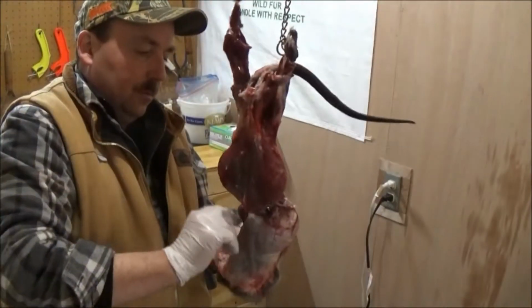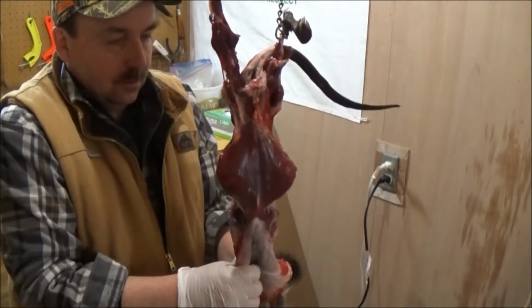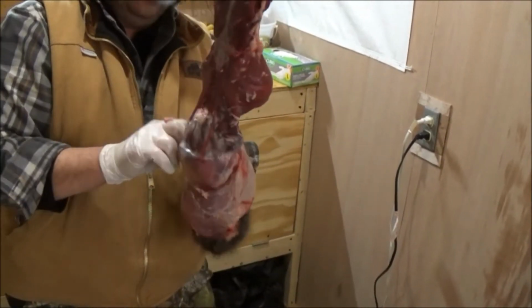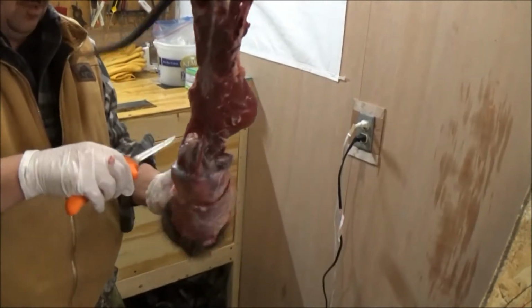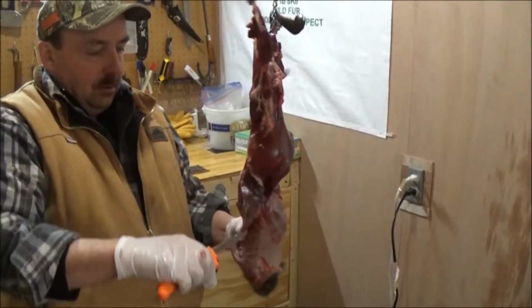So, around the legs. Get so far, and then I go back to using the knife. Just so I pull things open, and you're basically hitting the connective tissue. You're not hitting the pelt. You're not hitting the